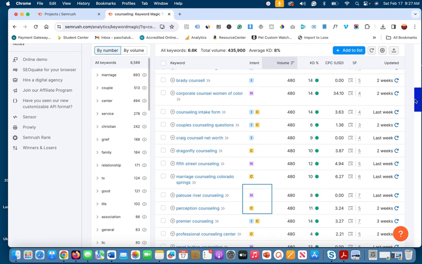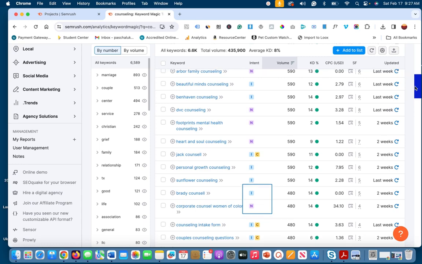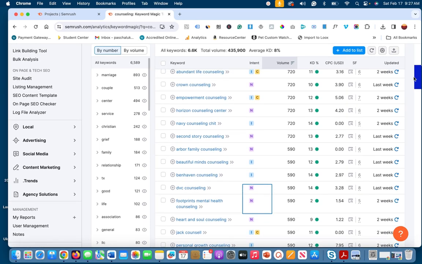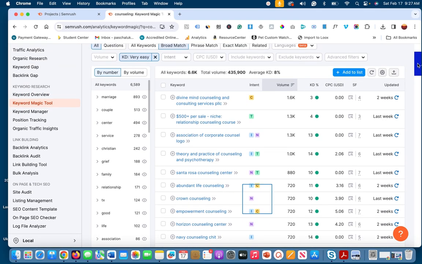And that doesn't mean you're going to rank for all of them, but you can choose to see what you can work on. And another thing I like to do is I like to look at the CPC. So CPC basically is like, it's going to tell you how much advertisers are willing to pay